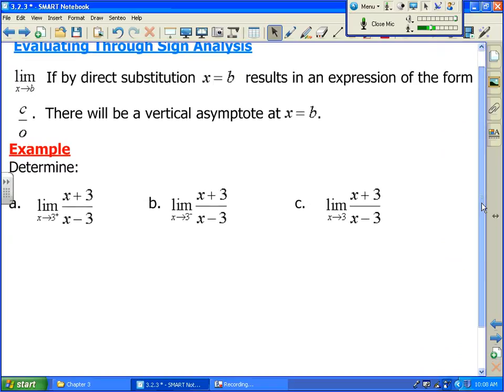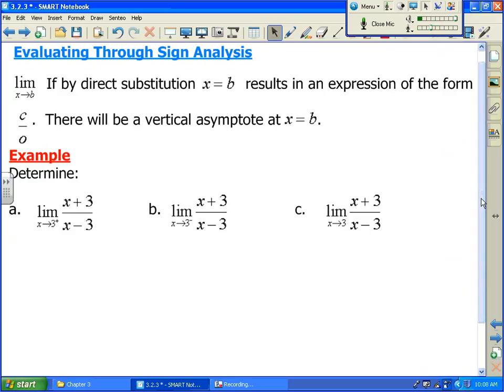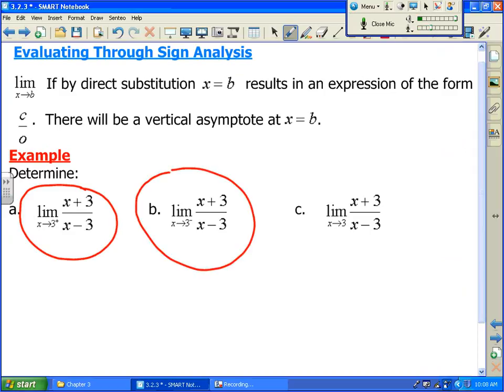Okay. So we've got 3 examples here. The first example is basically the same as the second example, which is leading up to the third example based on left-hand limits and right-hand limits. And of course, we'll just evaluate the actual limit, ignoring the fact that it's left or right. So